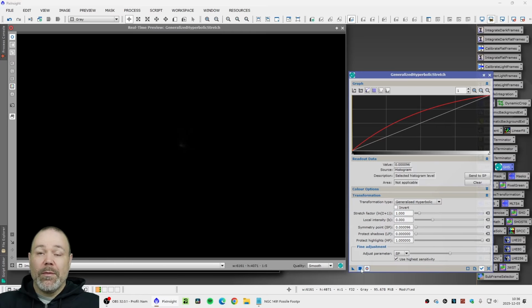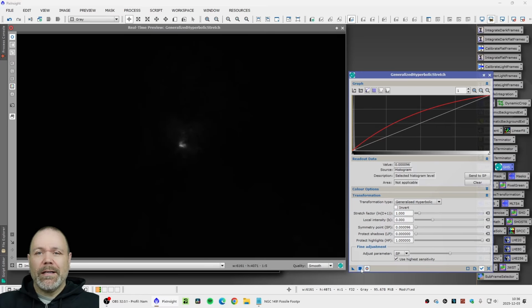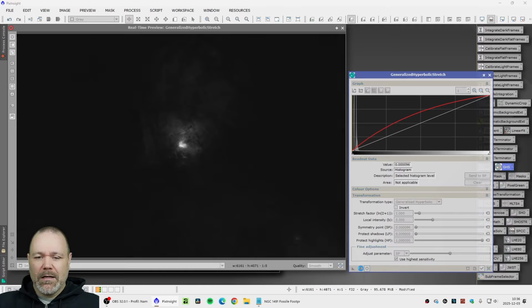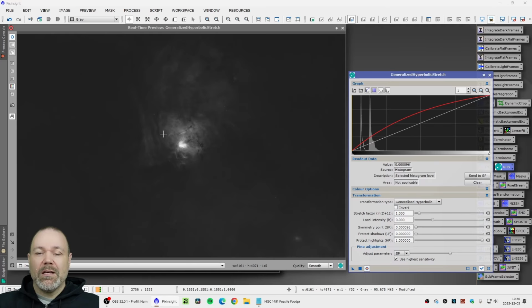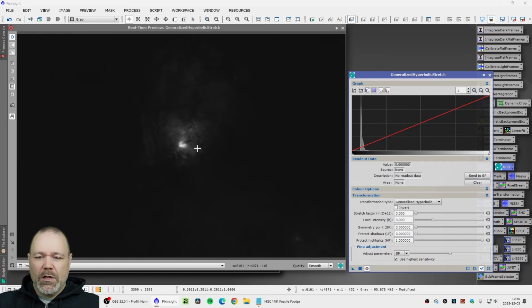Then I will repeat that stretch until we start to reveal some information in the nebulosity here. When I see that I get some, and especially in this case where you have some highlighted areas in the middle that are at risk of being overblown, I will stop that stretch,